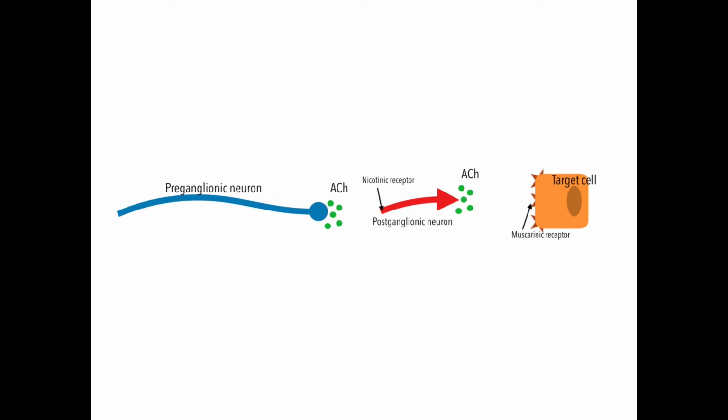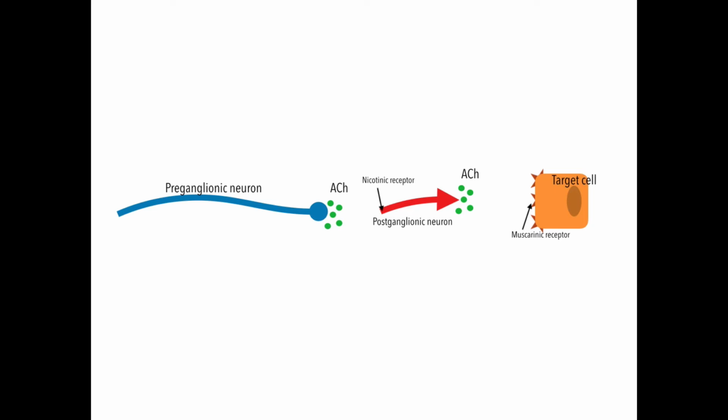So just real quick, you have the nicotinic receptors and the muscarinic receptors. Those are essentially ligand receptors, if you remember that from how an action potential gets initiated. But they're called nicotinic receptors and muscarinic receptors. All the receptors on the target cell are called muscarinic. All the receptors on the postganglionic neuron are called nicotinic receptors. And the reason why they're called that, it just has to do with